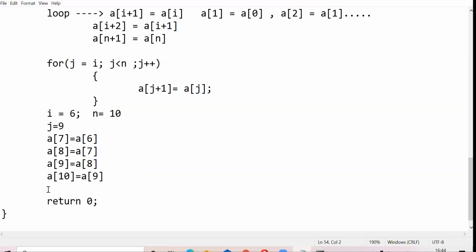So assuming that I is 6, n is 10, this code will first set A of 7 to A of 6, A of 8 to A of 7, A of 9 to A of 8, and A of 10 to A of 9. Is it clear why we are having an increment here? This increment tells me what happens to J after every iteration.